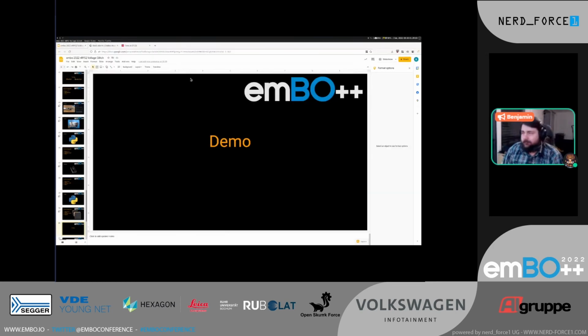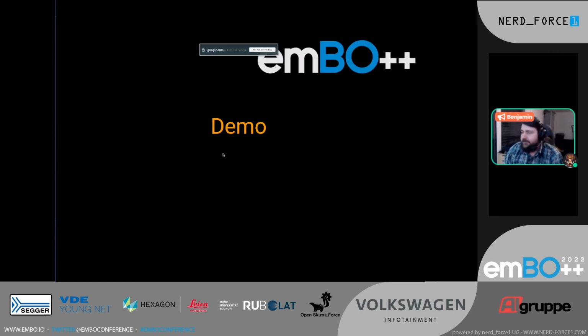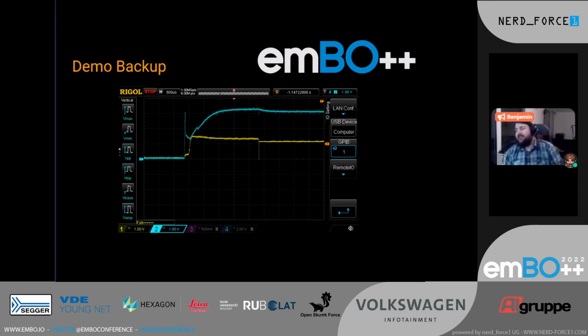But because honestly, I expected this not to work, I have some backups. So this is a screenshot of the oscilloscope that shows a successful glitch attempt. And as previously, you can see the whole boot sequence with a huge spike in the beginning, which then drops and then recovers slowly. You can see our drop, which we target, and then you can see here, where we drop the voltage to 0, and look at how small the spike is,